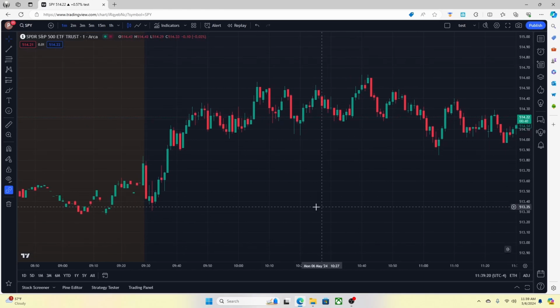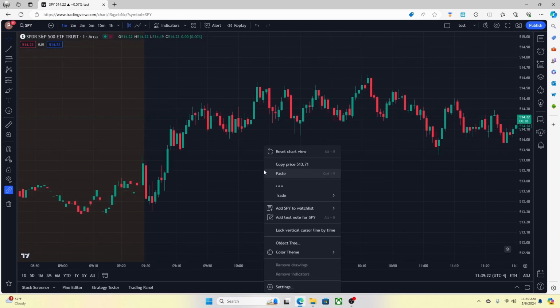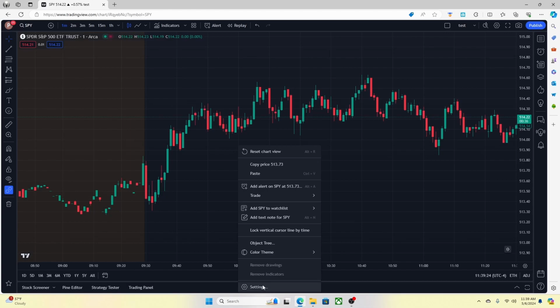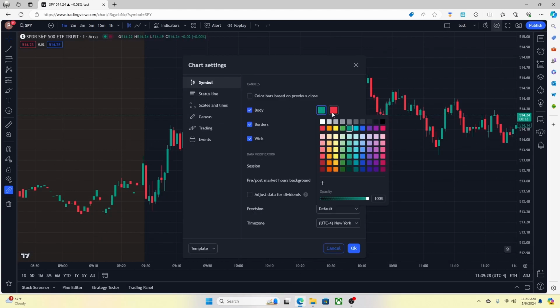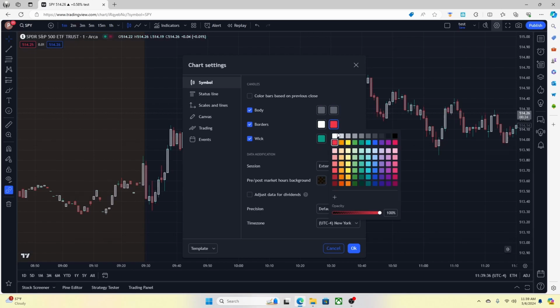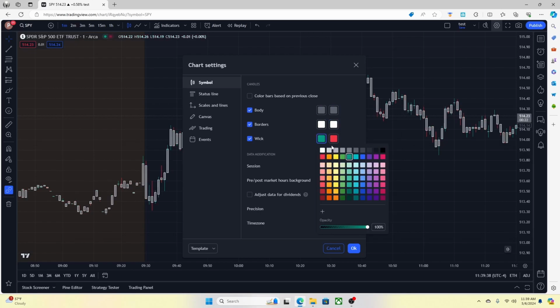Some other things to set it up, similar to my chart if you wanted. If you right click on the actual thing and go down here to settings, I personally change the color of my candles to gray and white. This is just a psychology thing, because usually you associate